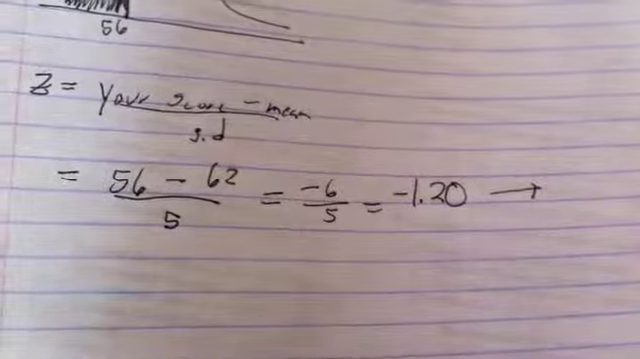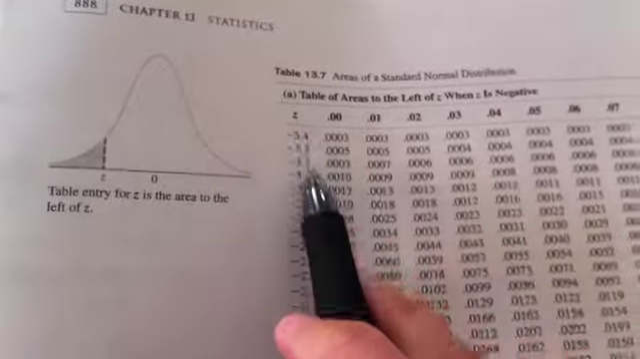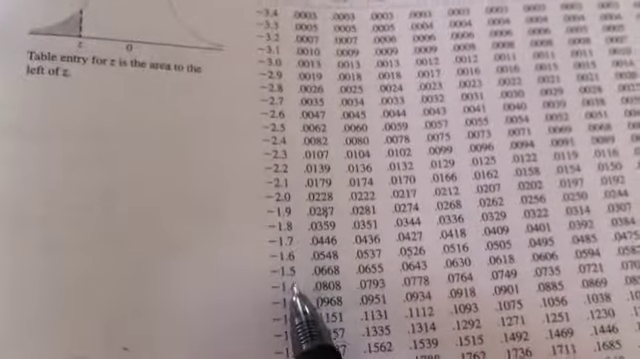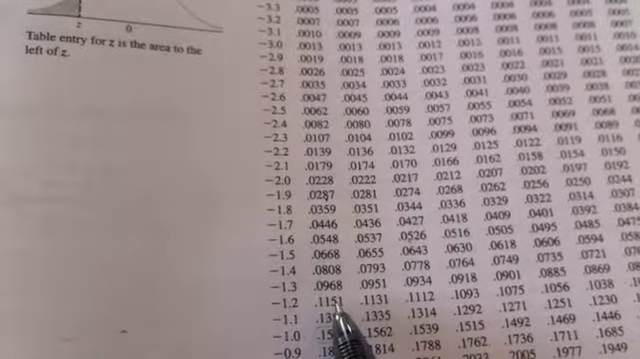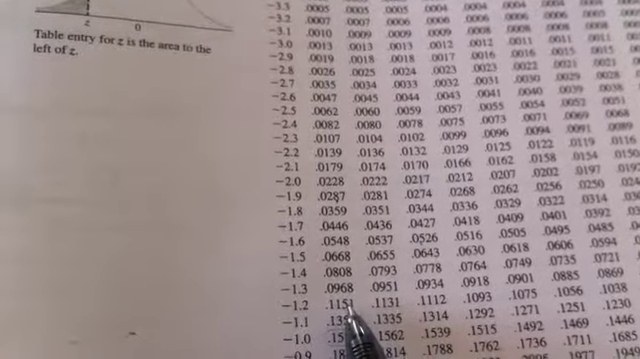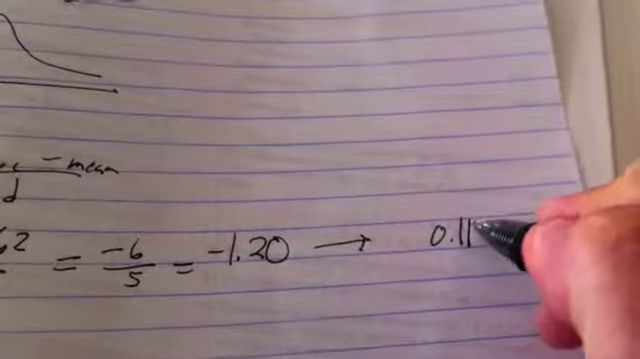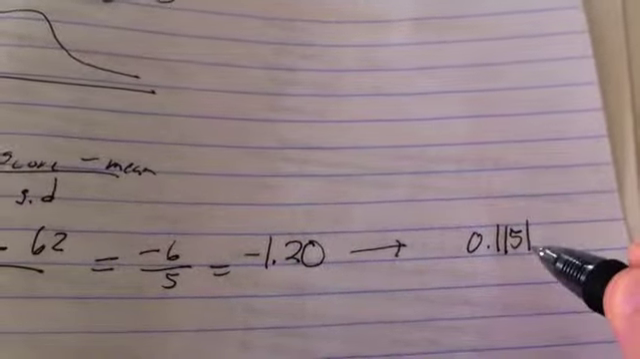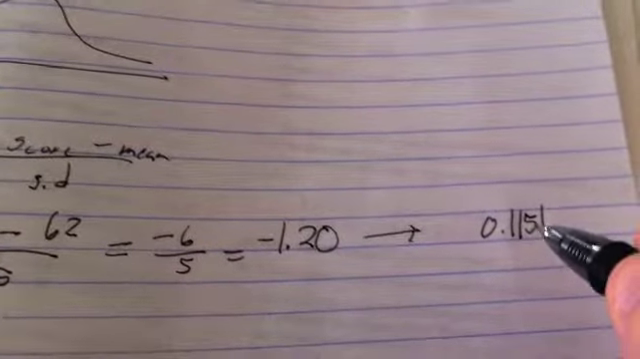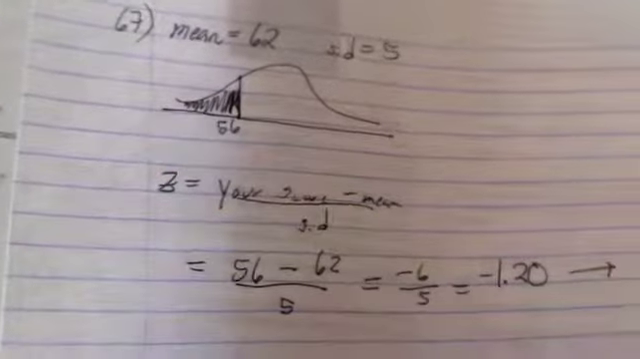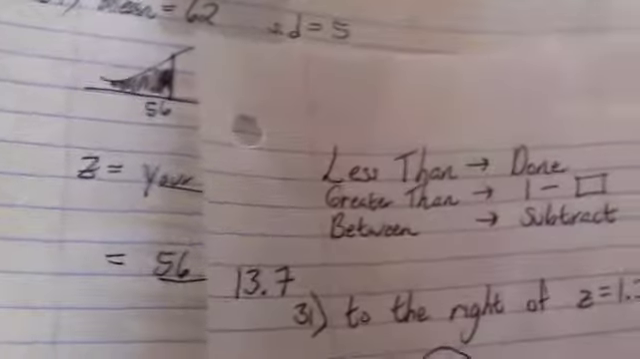So when I go to my table, it's a negative z-score, so negative 1.2, negative 1.20, so 0.1151. 0.1151 is what I'm getting from my table, and I just have to figure out if I'm done or not. So I want the area to the left, or less than that, and if it's less than, I'm done. So hooray,